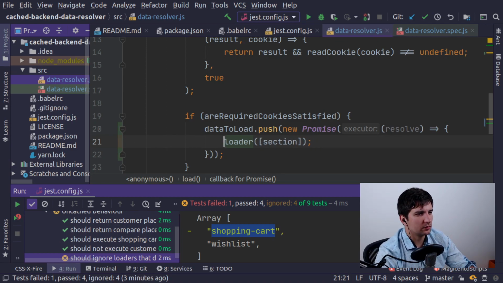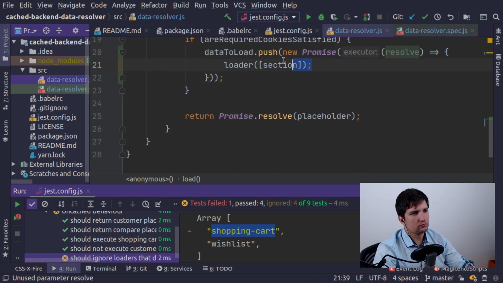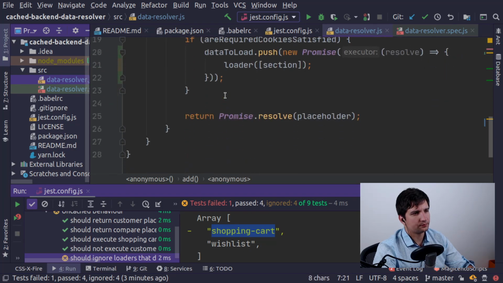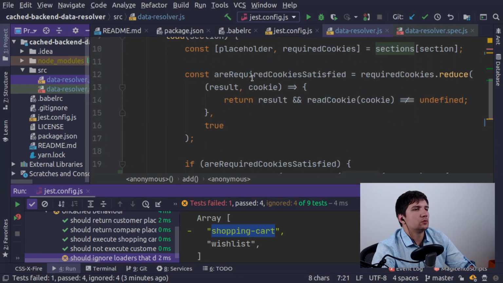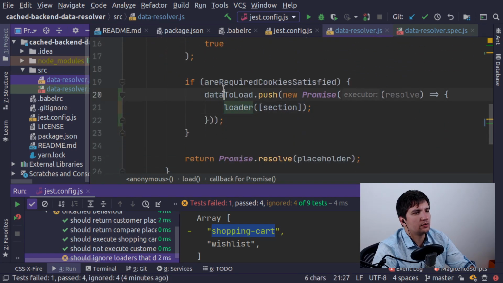So here's our resolver, and then we're gonna take a look at this resolver. So we have resolve, then we have this loader, so what we're gonna do here, data to load, we push this